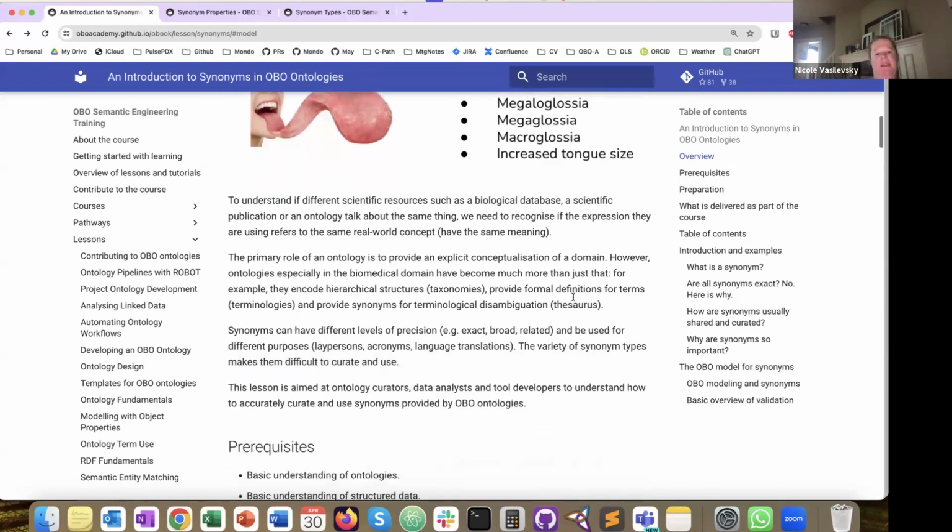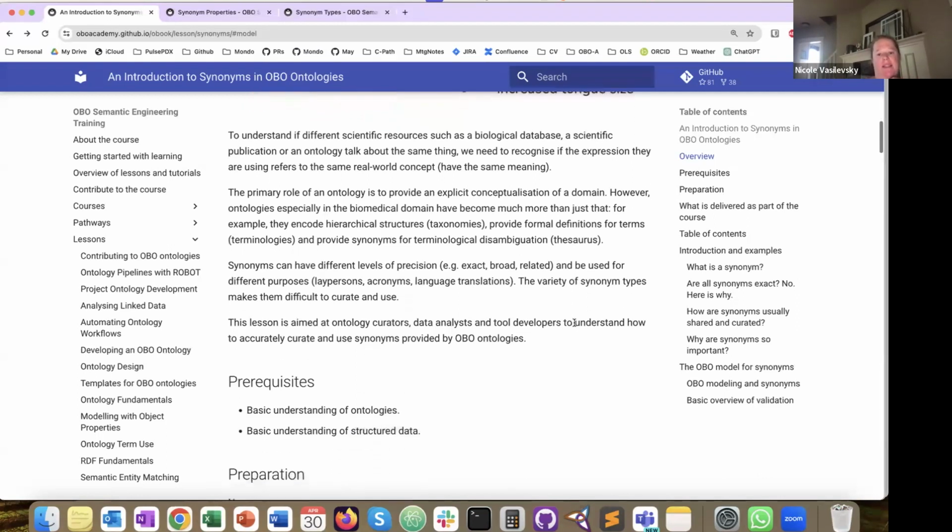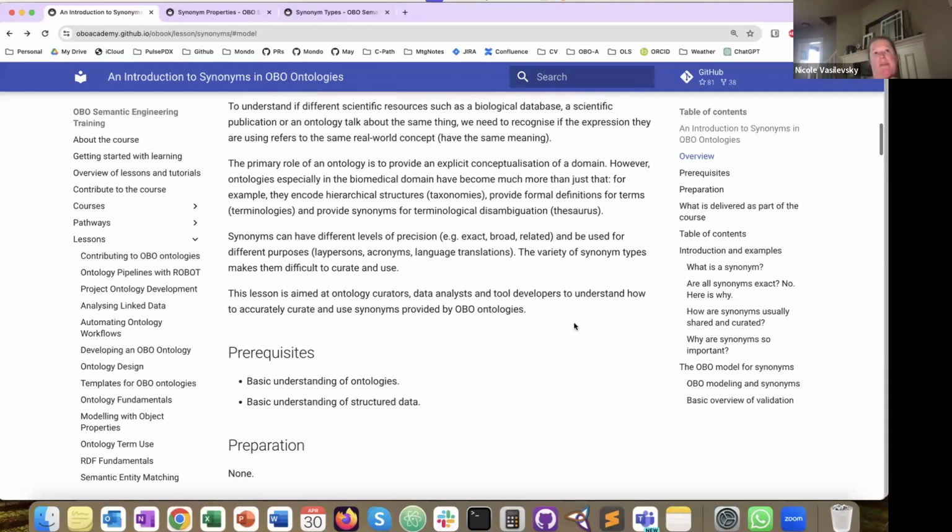So this is really important when we're building ontologies and using them for things like scientific databases, or when we're describing things in scientific publications. We need to recognize whether the term, a concept, actually refers to the same real world concept, if they have the same meaning, or if they're really just used interchangeably but not exactly synonymous. Being able to accurately describe terms as either exact synonyms or not is very important with our representation of knowledge